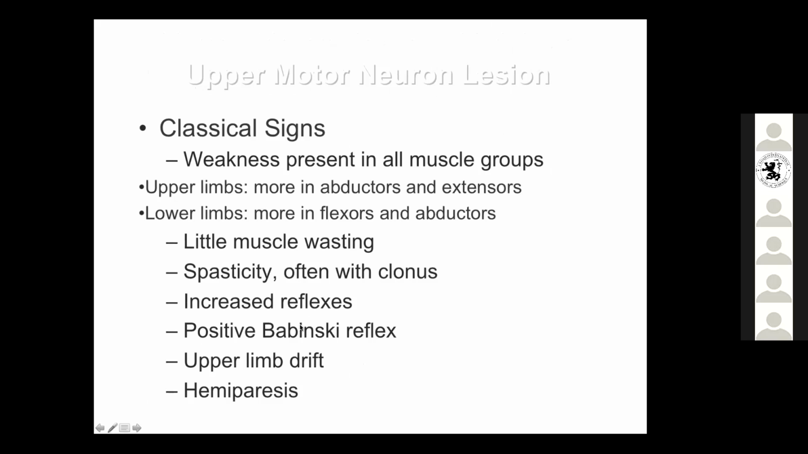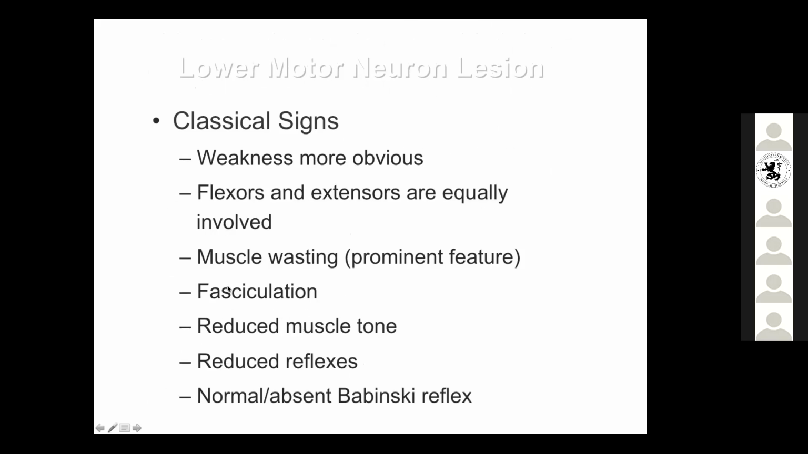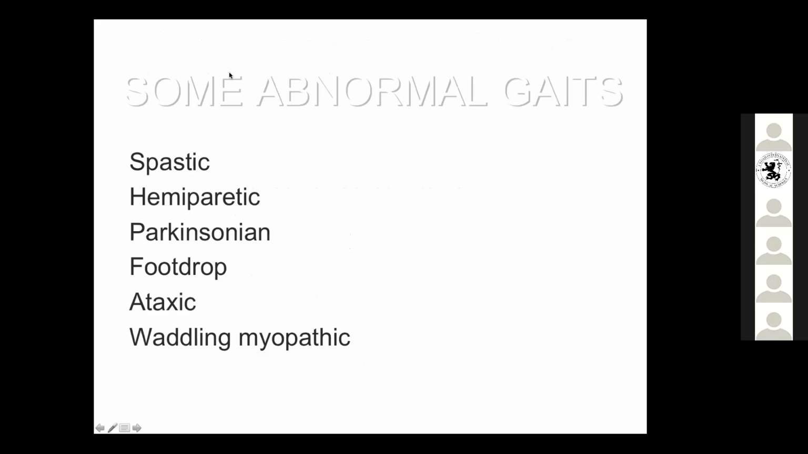As we said, this is again just a repetition of what we have mentioned. Fasciculations and fibrillations suggest a lower motor neuron lesion. For the gait, some abnormal gaits include a spastic gait, hemiparetic gait, Parkinsonian gait, foot drop, ataxic gait, and waddling myopathic gait. What is important is the Parkinsonian gait, because the other ones are not so noticeable, but the Parkinsonian gait is easily noticed in patients with Parkinson's disease,